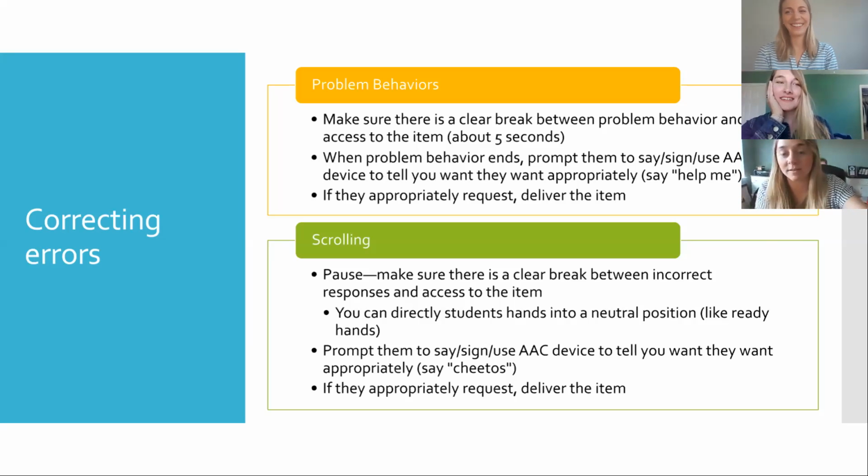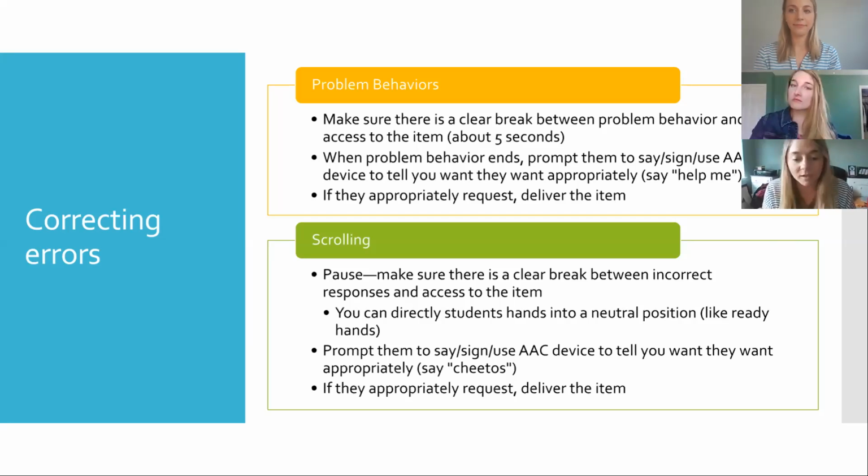scrolling that happens, and scrolling can happen vocally, or on AAC, they could hit multiple selections. They could be wanting to tell you to go away, and they might hit, I don't know, let's say marker, then go away. That would be a chain. If they scroll 2 signs together, like Bree was showing, if they scroll 2 vocals together,